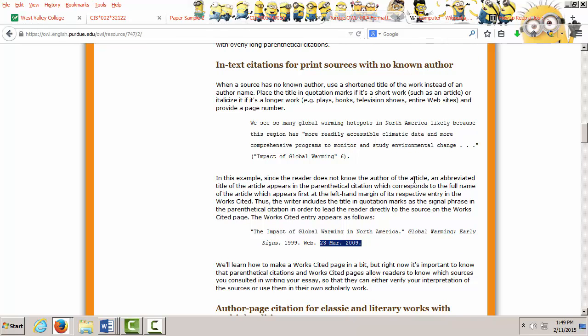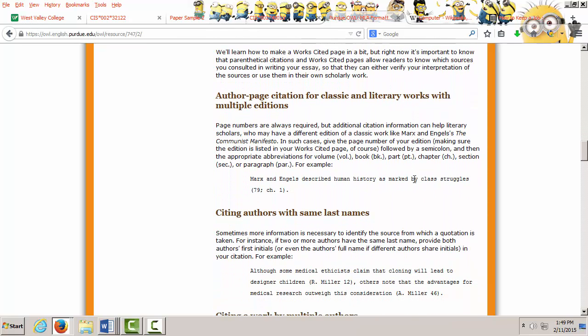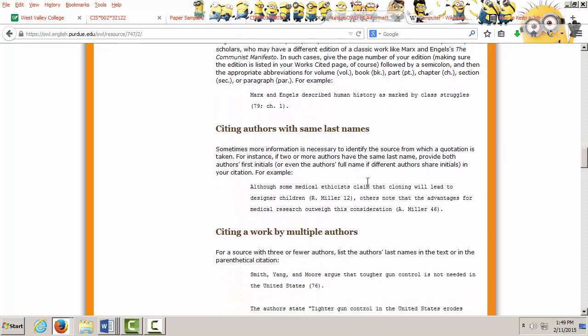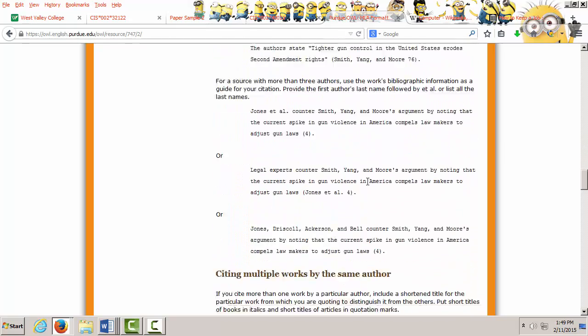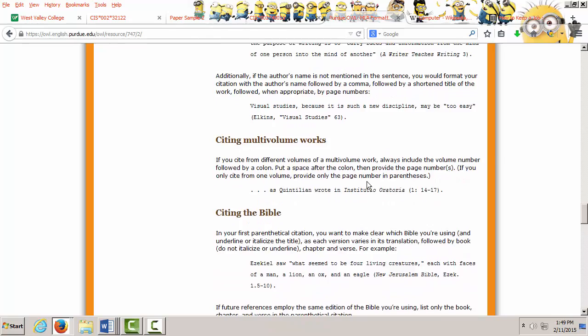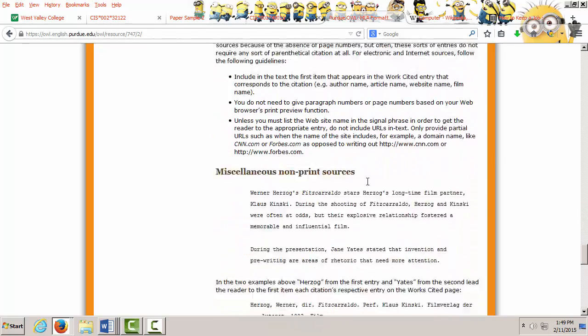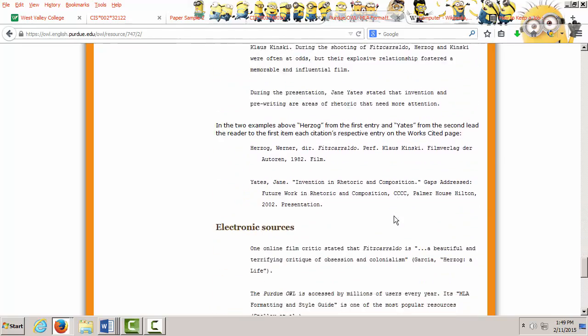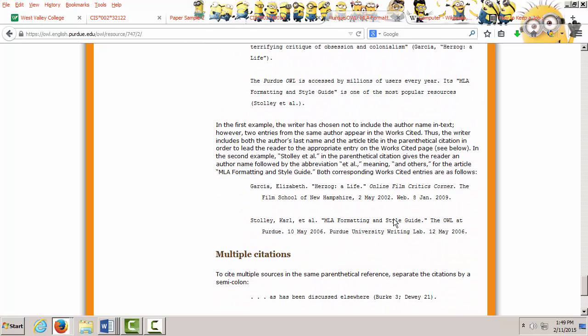And of course, it says known author. And then, of course, you have author, page, citation. Marx and Engels describe human history as marked by class struggles. Okay, so I don't really expect you to use a book, or you could use an article if you want. Okay, let's see this one. This one is author,